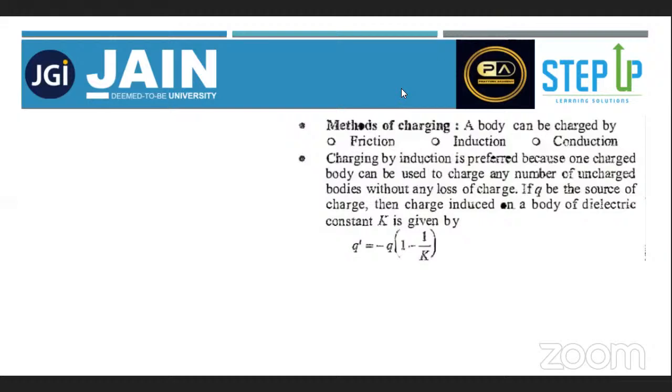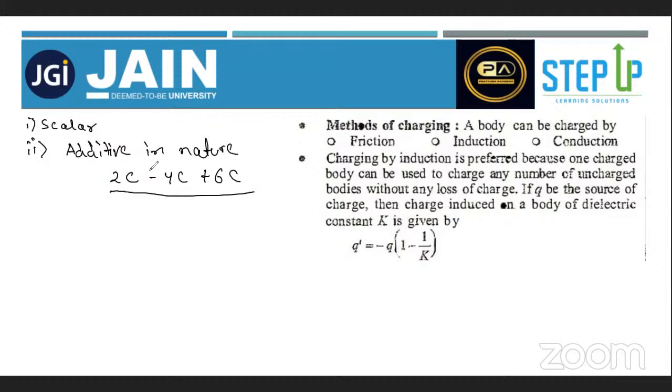Next, we're moving to the basic properties of charge. First, charge is a scalar quantity. Second, it is normally additive in nature, like +2, -2. We just add them without talking about any direction, like +2 Coulomb, -4 Coulomb, 6. Because it's a scalar quantity, we don't have to use any vector methods. What is important in terms of properties is conservation of charge, but